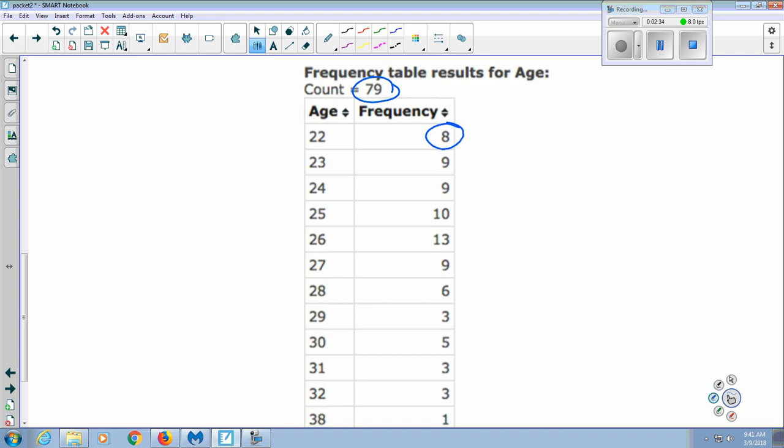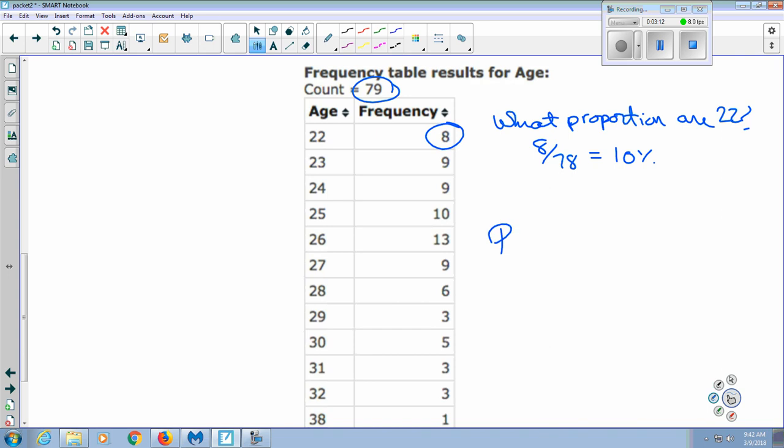So if we wanted to answer what proportion are 22, we're looking at 8 over 79, which is about equal to 10%. That's the same idea of asking, what's the probability of randomly selecting a player who is 22 years old, right? 8 out of